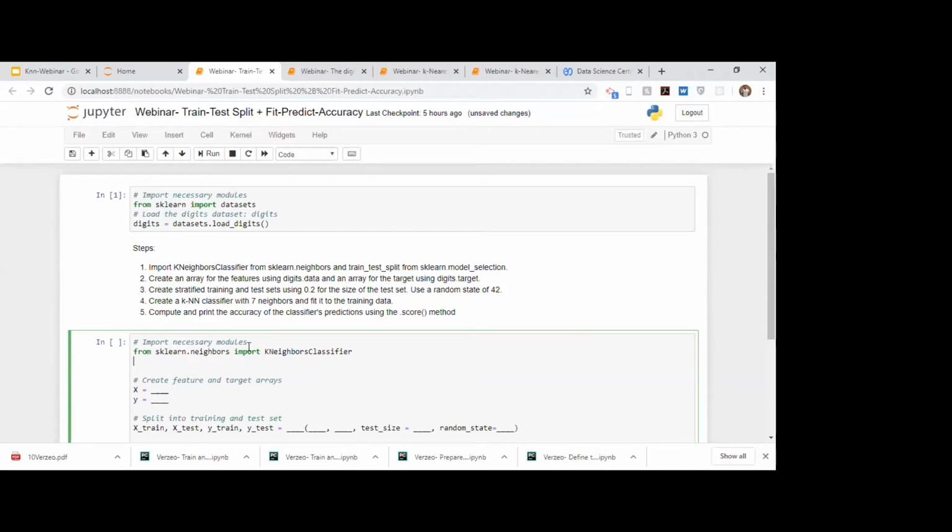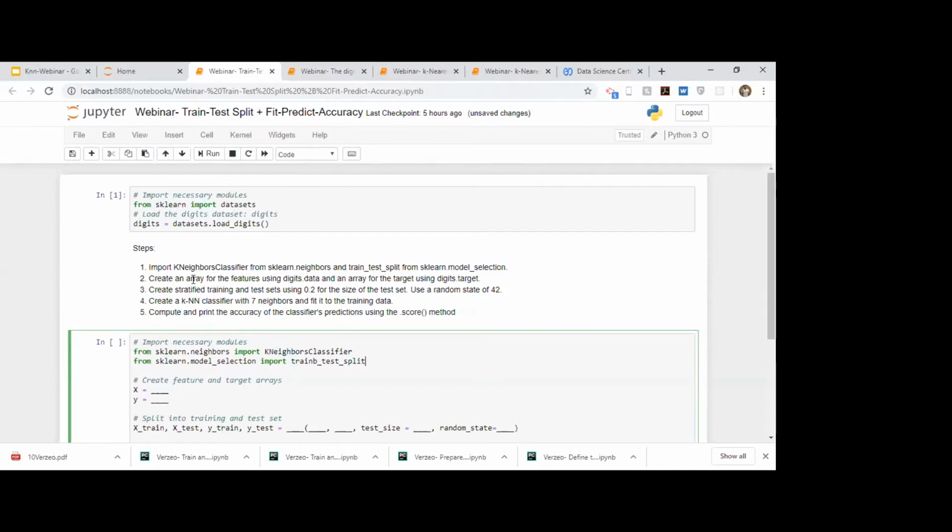And then it says import train test split function. So we'll import it from sklearn.model_selection import train_test_split. So now we have imported it successfully.